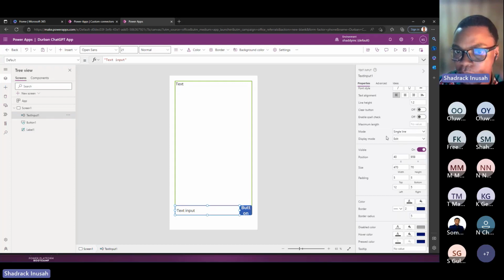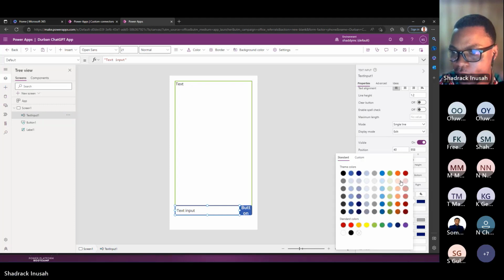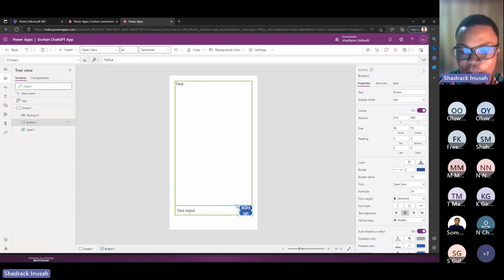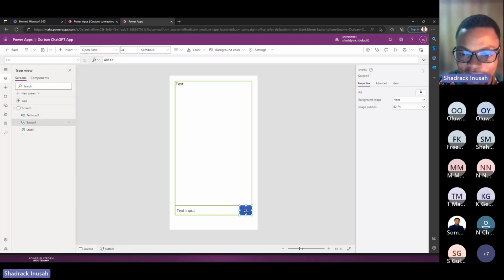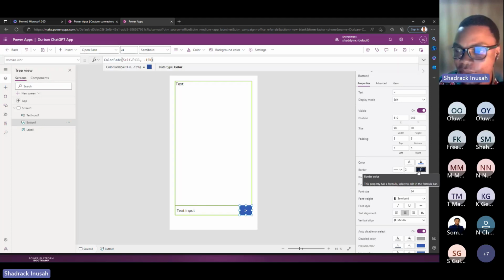Then I'll pick this also. I need to have a border around this also, so maybe 4 as well. Then I'll change the color. So you can see I'm not coding that much, as we call it, low code. This button, okay, this button text written there, I'm going to use this. That kind of feel, when you click on it, it means you are going to get a reply. Yeah, this kind of icon, right? All right, so I'll just leave the border out maybe, then let me give it an outline.